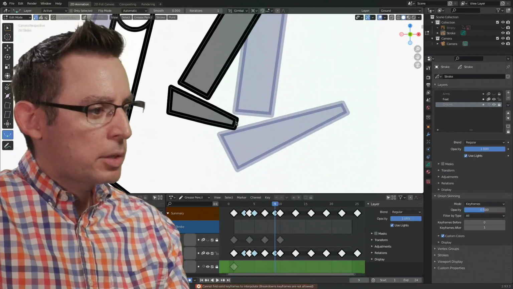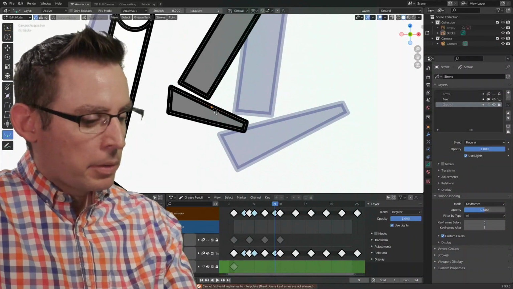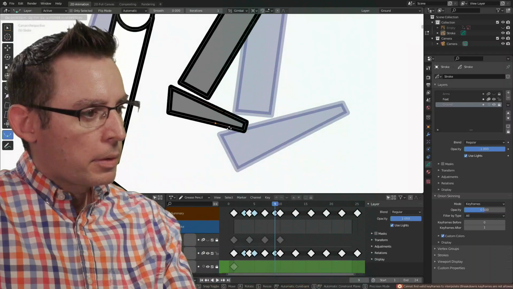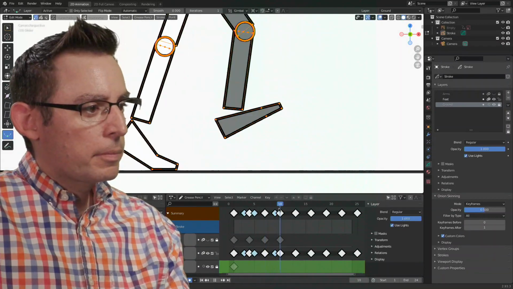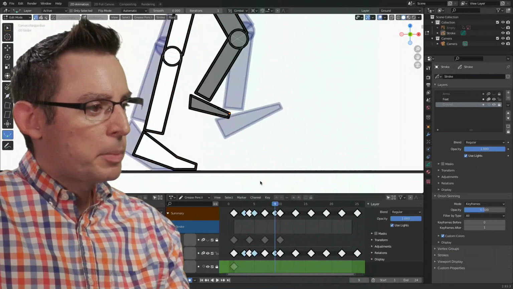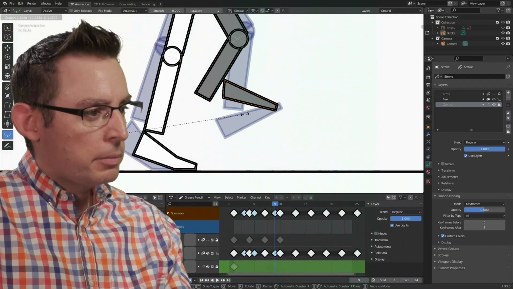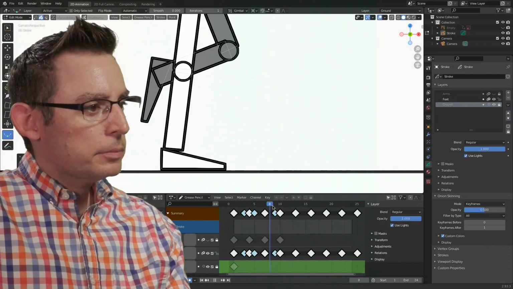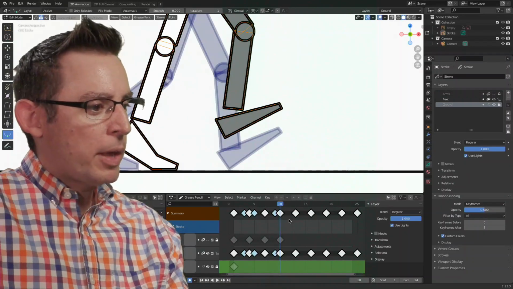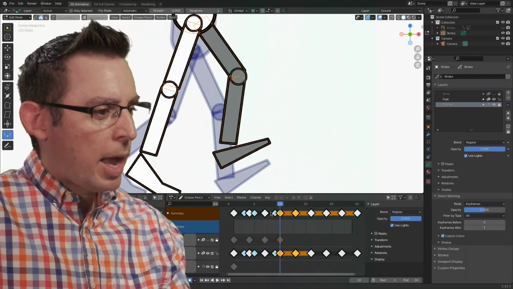Looks like I've lost some volume, so I'm going to make it a little bit bigger. There we go, something like that. Yeah, still a little bit small. Let's grab it, scale it up just a little bit. Yeah, I'm happy with that. Let's do it one more time to get the timing of that top just kind of absolutely perfect.